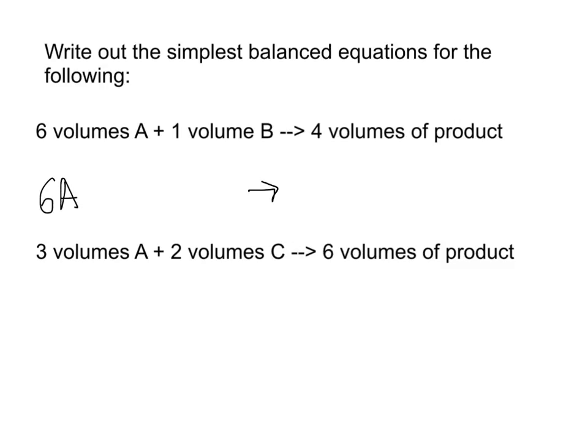So if I have 6A, but I need 12 atoms of A, that means A must be a diatomic molecule with a subscript of 2. And if I have 1 volume of B, well, that means